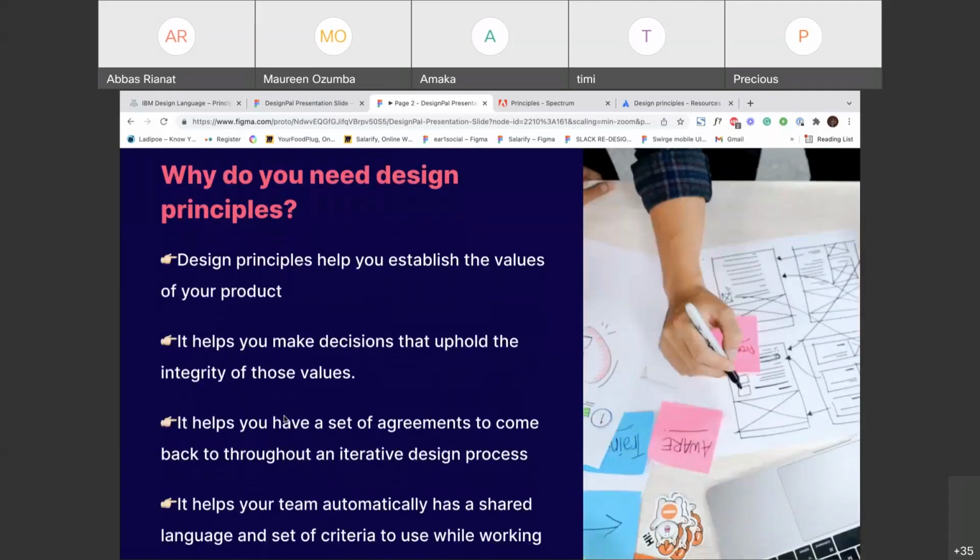So now, why do you need design principles? Design principles help you establish the values of your products and make decisions that uphold the integrity of those values. According to Daniel Miranda also, design principles keep the research alive long after that phase is over. It is just like a design process. A design process is iterative, right? Design principles are iterative too,